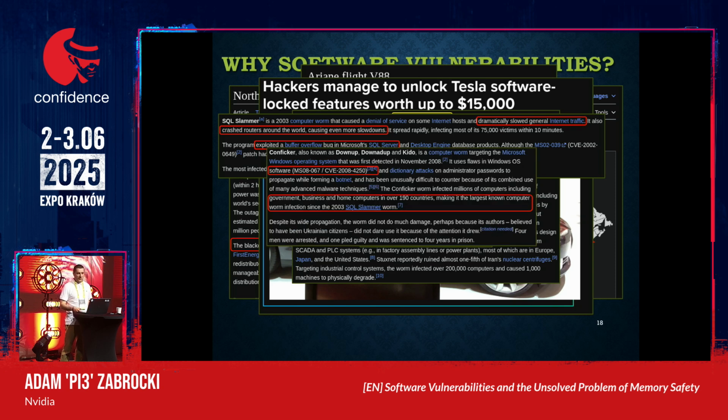Another successful malware like that was Conficker, which was exploiting CVE-2008-4250, also in Windows. It infected more than 190 countries in the world. What is also interesting is that Conficker was so successful that the author of this malware did not dare to use it because of the attention it drew. It spread so fast that the author was scared